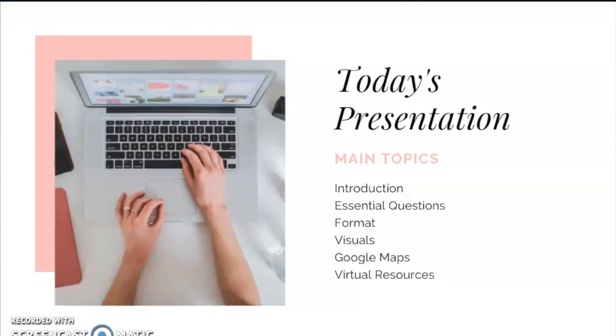Next, we'll talk about visuals. Visuals are super important. As humans, we process visuals much faster than we process text. So visuals are more important to us as humans than text is sometimes. Next, we'll go over some of the resources of Google Maps, and we'll go over some virtual resources. And so let's take a look at